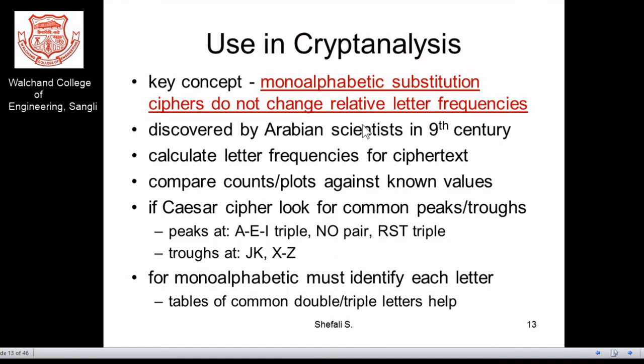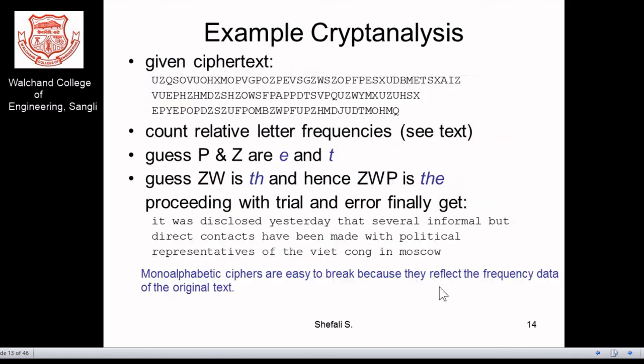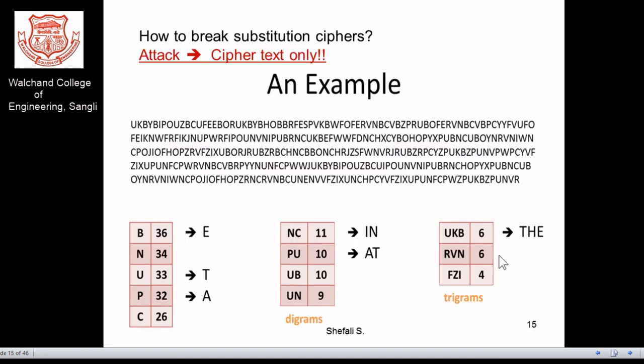Ultimately such guessing is possible, and I would like to go through one example here. Suppose this is the ciphertext, and it is observed that the letters P and Z map, by frequency of occurrence, to the letters E and T. In that way the cipher is decoded, and the decoding is given in the form of the plaintext again. So you need to find it out. Again, there is a similar example.